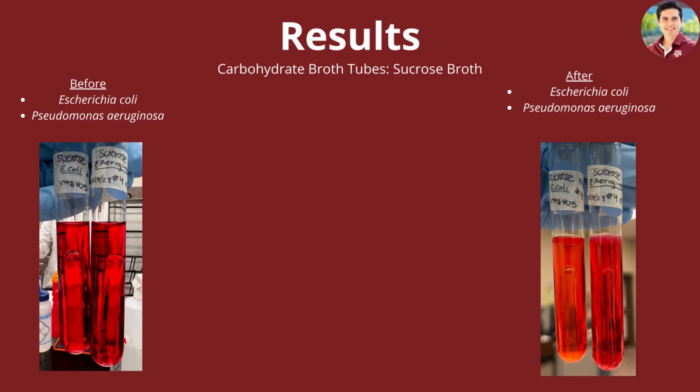Finishing up our results with the exact same carbohydrate broth, but now we use sucrose broth. Here to the left, you can see how our tubes are very bright red, and this is before the inoculation of E. coli and P. aeruginosa. Now to the right, we have our results, beginning with E. coli. Here we can see a slight color change from that bright dark red to a slight orange. This can be indicative of a positive carbohydrate reaction, although E. coli